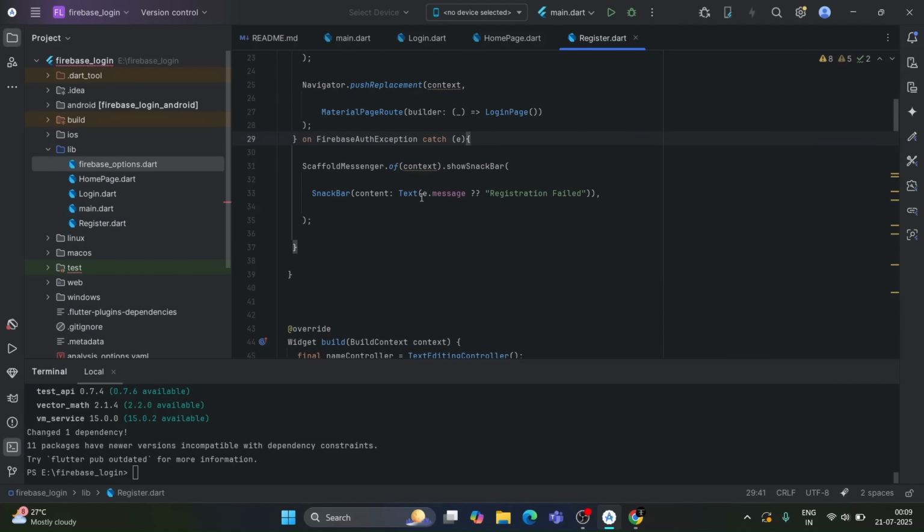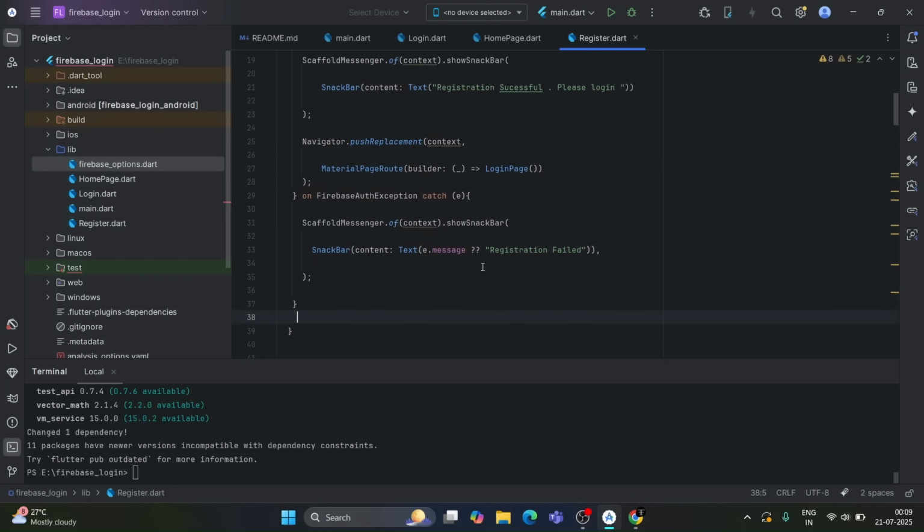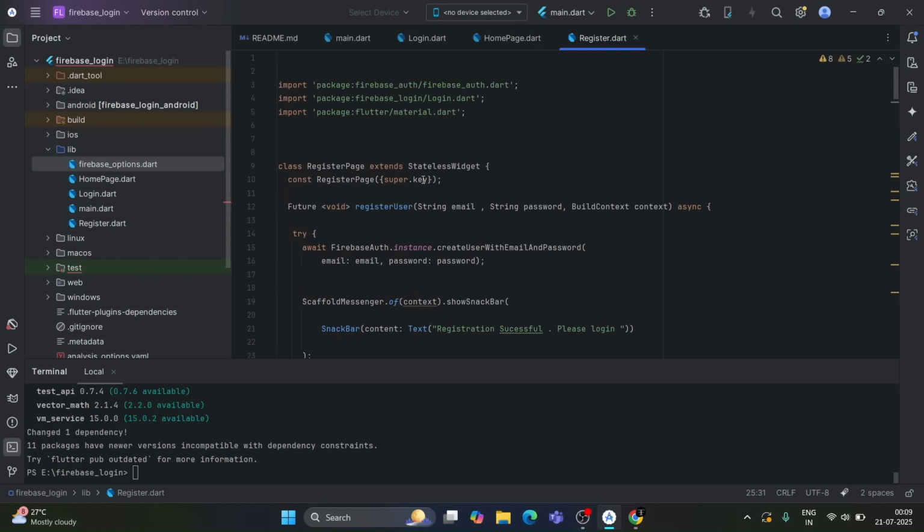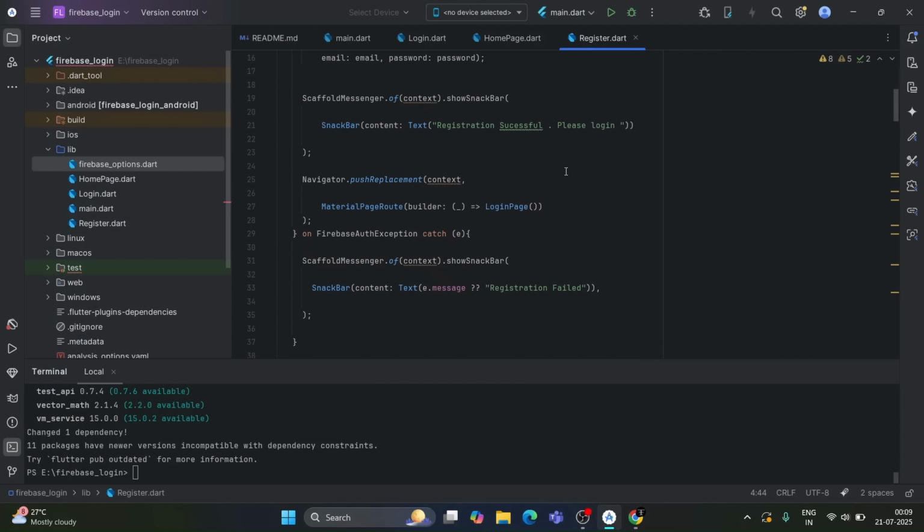The method we are using here is a custom method, meaning this method handles the registration logic. Also, just to mention, we have imported two packages in this file. One is Firebase Auth, which is used for Firebase Authentication, and another is the Firebase login file, which supports our login page. Okay, so now moving ahead,